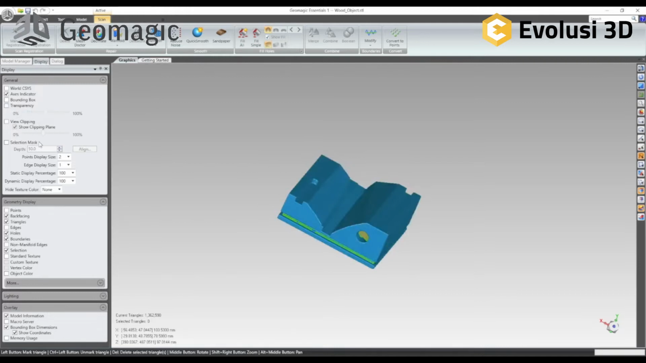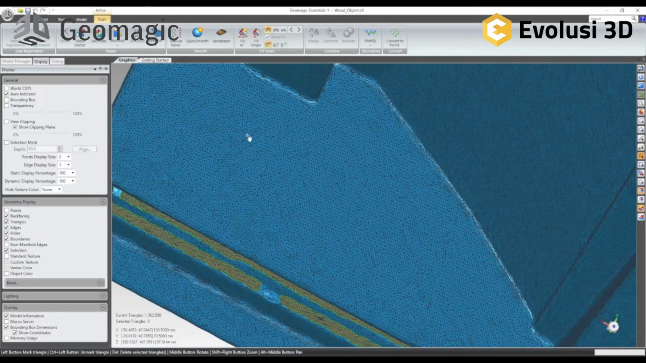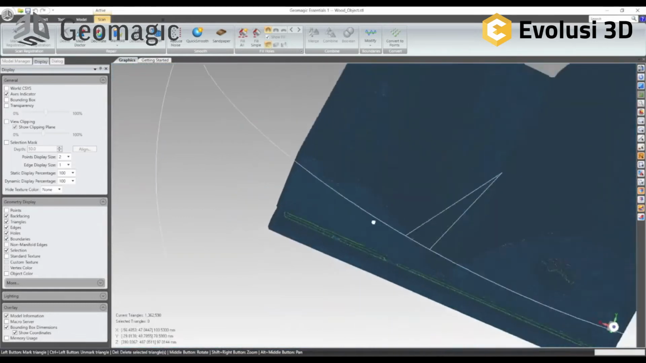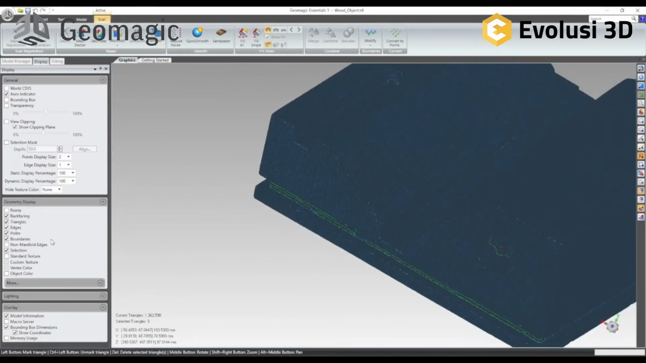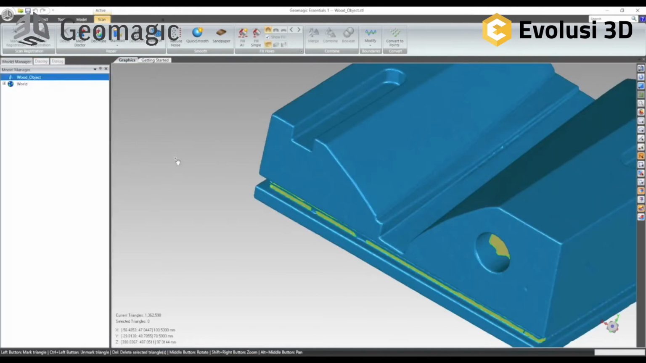If I want to see how good my triangles are over here, I can switch on the edges, and now I see there are a lot of triangles on my object, and if I really need so much or not, it's up to you. I switch off edges and use the first model,